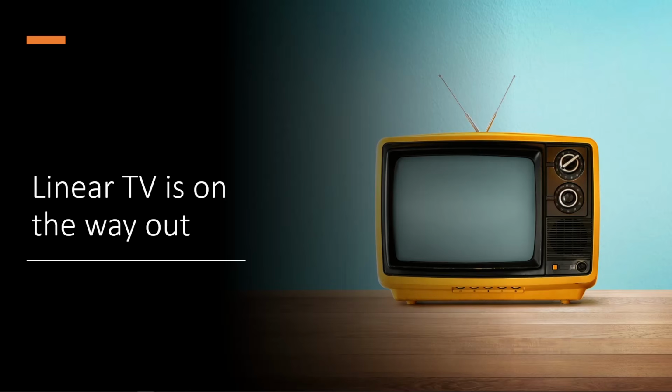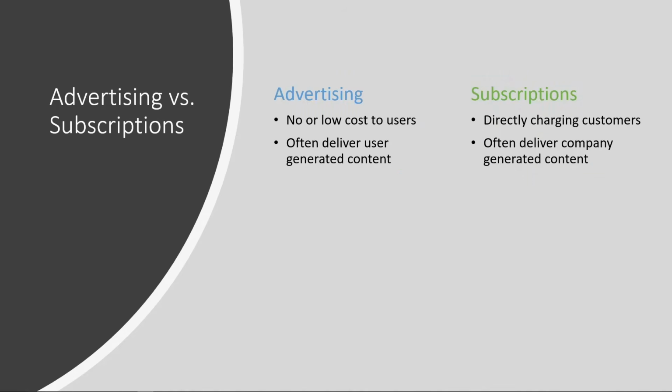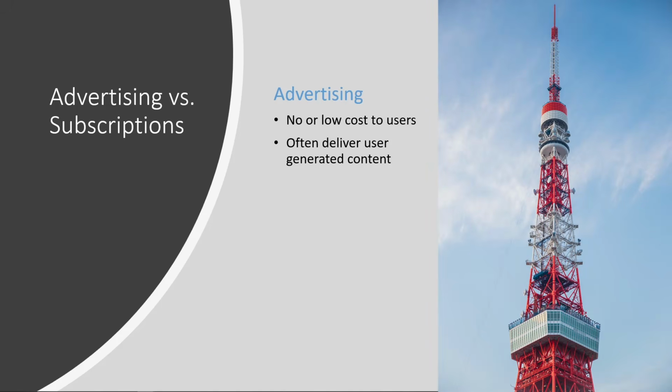And on TV platforms, there are 2 main revenue models, the same as what we have discussed on the mobile apps. They are advertising and subscriptions. Advertising is the conventional linear TV model where the programs are shown to audiences at zero or very low cost. Traditionally, this would be broadcasting TV through the antenna and basic cable at fairly low cost, but there's advertising within the programs.